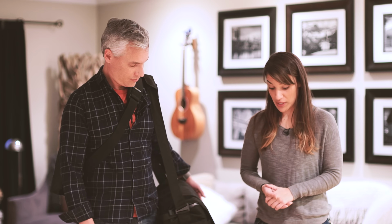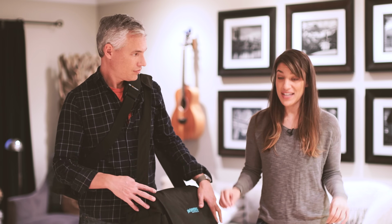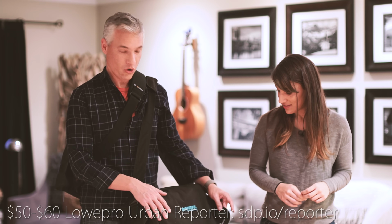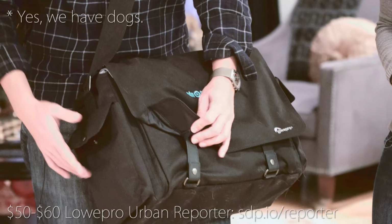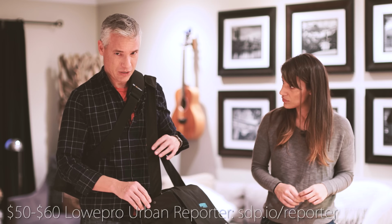Hey everybody, today we're reviewing camera bags. We've got camera bags all the way from $60 to $450 about. We wanted to make it clear that there's no right camera bag, there's only the camera bag that's right for you. This is the LowePro Urban Reporter, and I got this bag free, and I feel like there's many problems